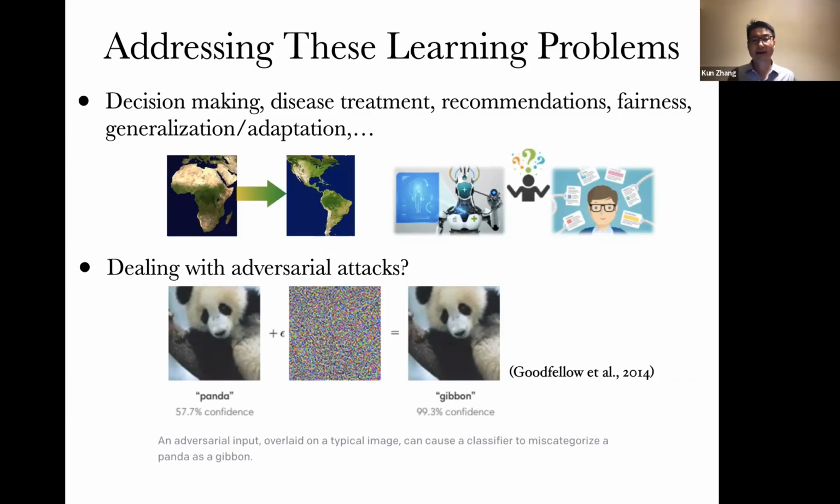Basically, you can show that as long as machines and human beings derive and make use of different kinds of high-level feature representations, we may always have this kind of adversarial attack problem. In some cases, machines say it's something different, but we say it's the same. In other cases, we believe it's something different, but machines don't. So the next problem is what kind of high-level representation we make use of. In order to make sure machines and human beings can communicate with each other seamlessly, we have to figure out what kind of representation we use. Then we have to find a way so that machines can learn something consistent with what we use.